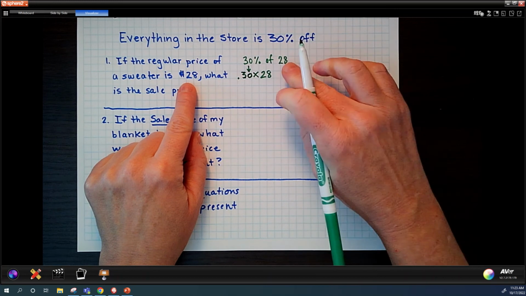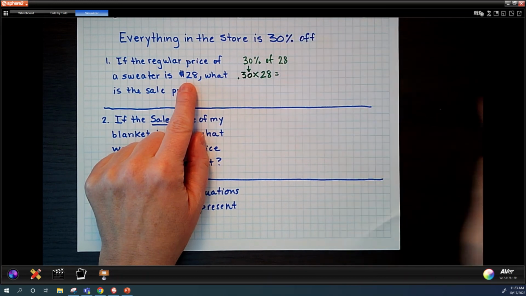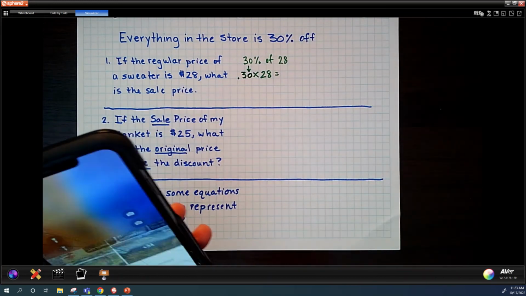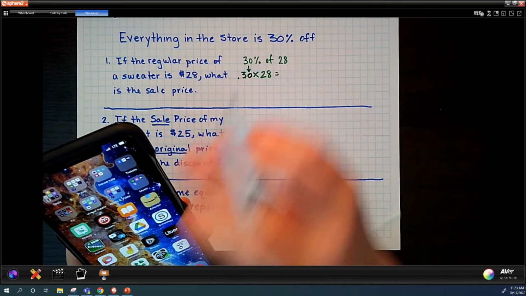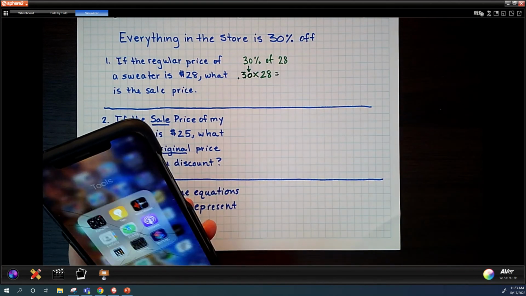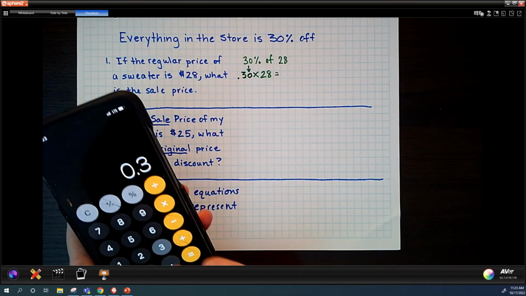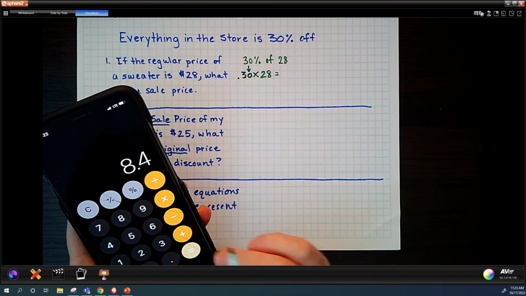Most of you are fine with this part. We can do this with a calculator or mental math, however is best for you. A couple of you are doing 10% and breaking that down 3 times. I'm just going to use my calculator, 0.30 times 28, and I'm going to get